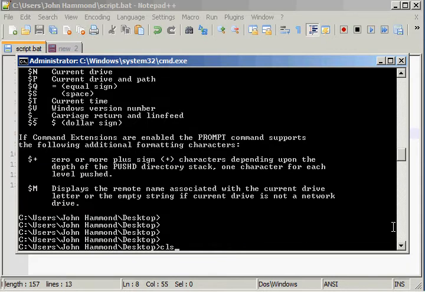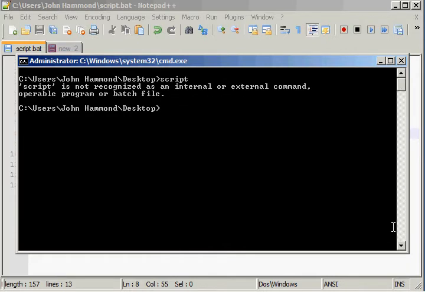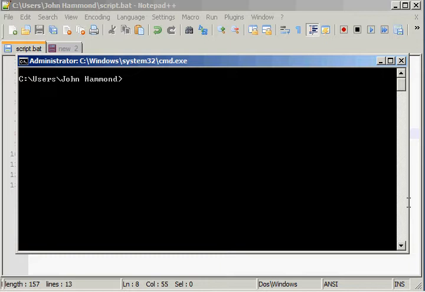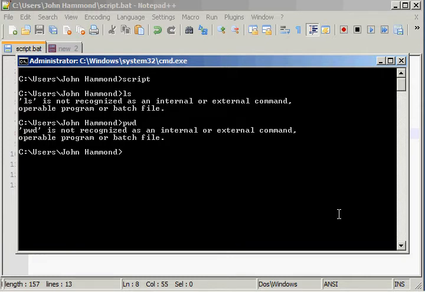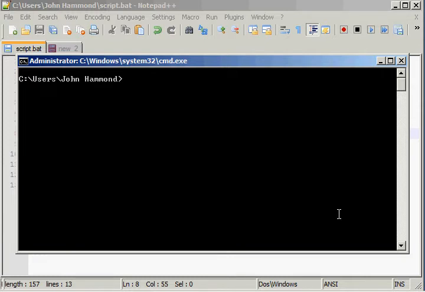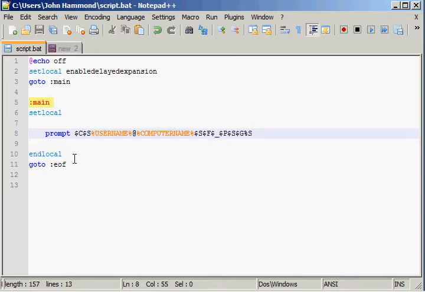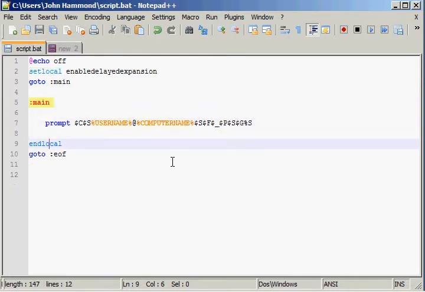If I clear the screen for a little bit and then run script, script is not a valuable thing because I am in my desktop. That's embarrassing. All right, let's clear the screen. Now I'm actually in my user profile here, and if I run script, let's check out our prompt. Do you guys see what's happening here? I'm actually typing a lot of stupid commands. That's what's happening here. And it hasn't changed our prompt because we've included these set local and end local functions right here. If we actually were to take these out,